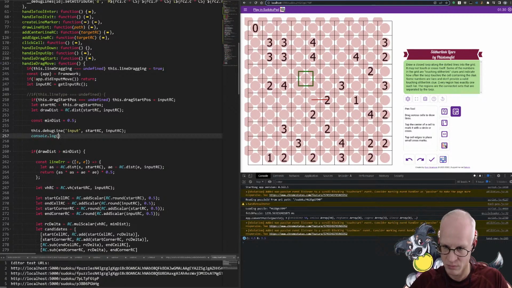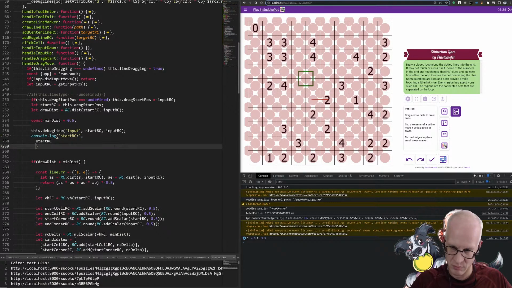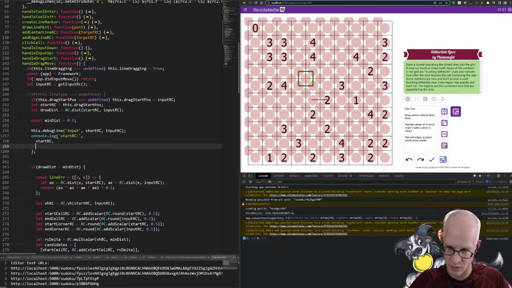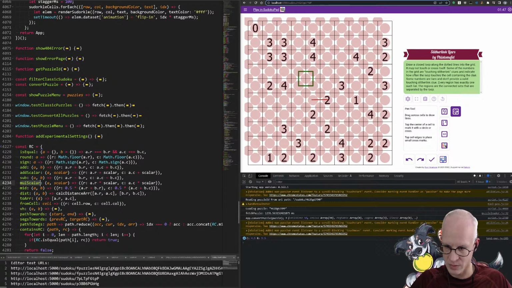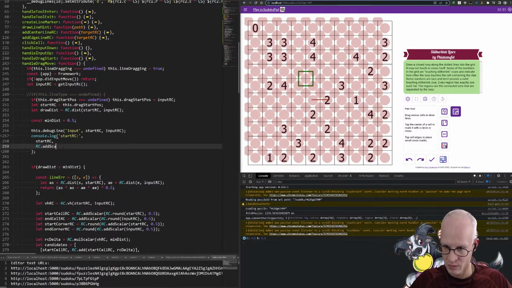So we have start RC. And then we're gonna do an rc.add scalar. We don't actually want to add scalar. Do we have a non-scalar add? Yes, we do have a vector add, right? So add